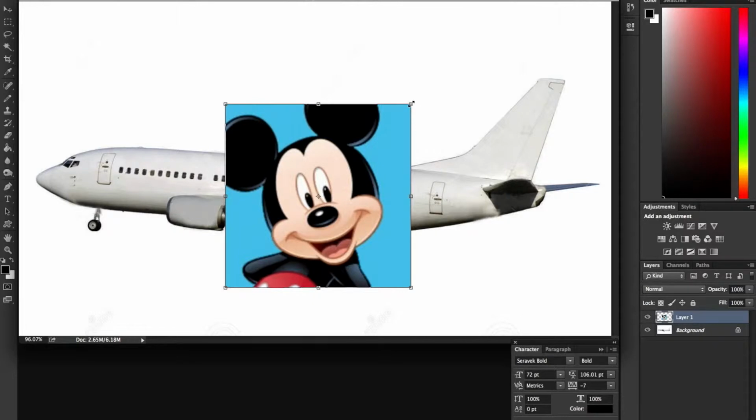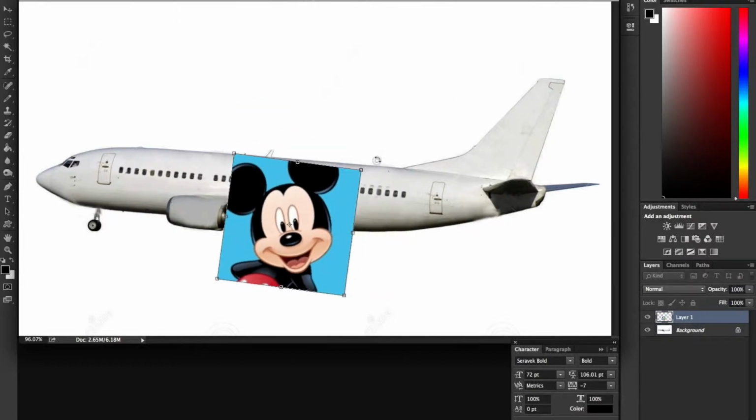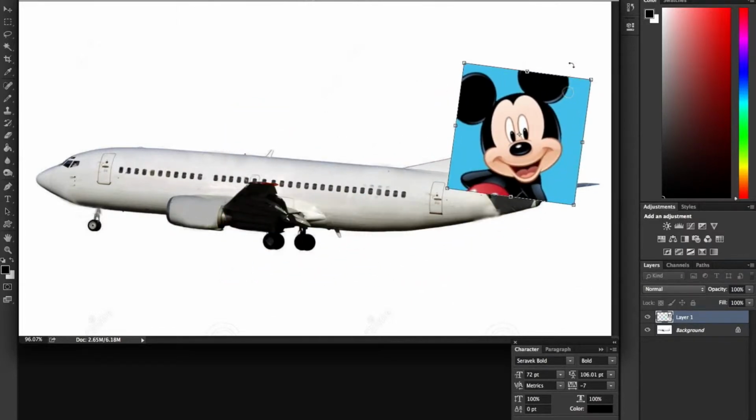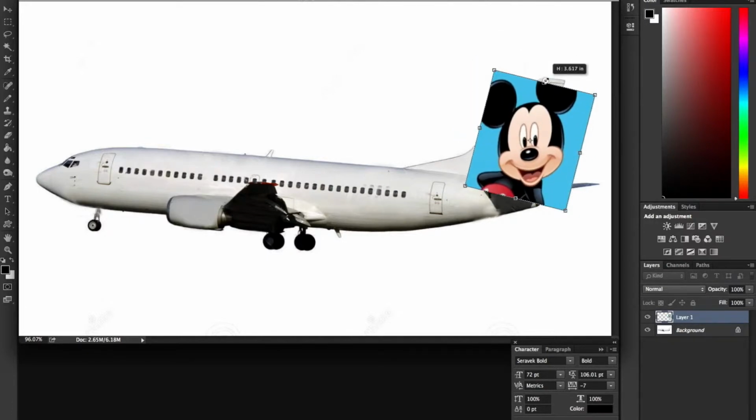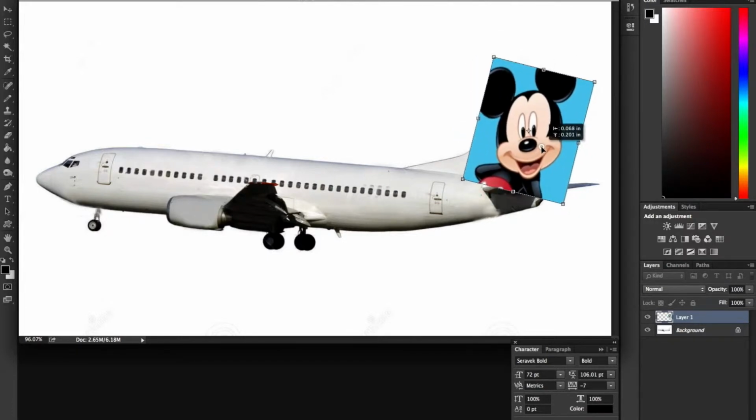Command T, and we're going to stretch this down and kind of twist it, click outside the box, and get it about where you'd want it. So you can see that's going to be off the top of the jet there, and make sure you don't squish and squash it too much. But here's where the fun part gets. While it's selected, hit Command T, click on the warp here,